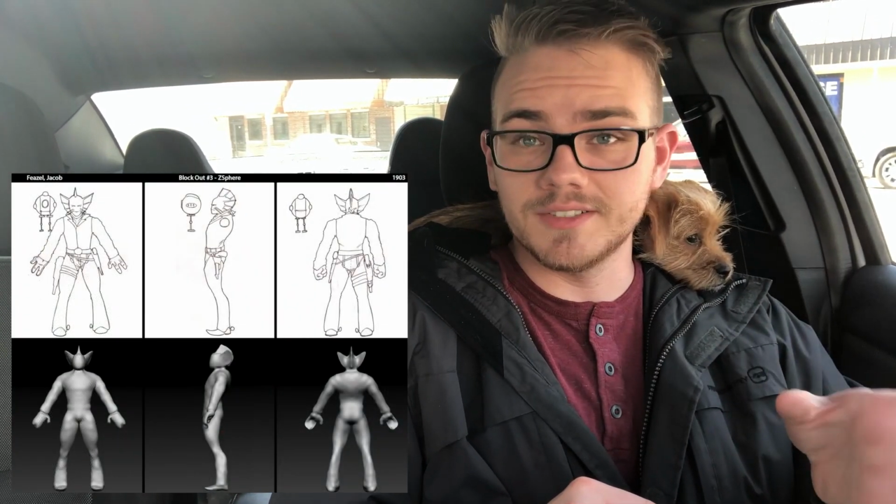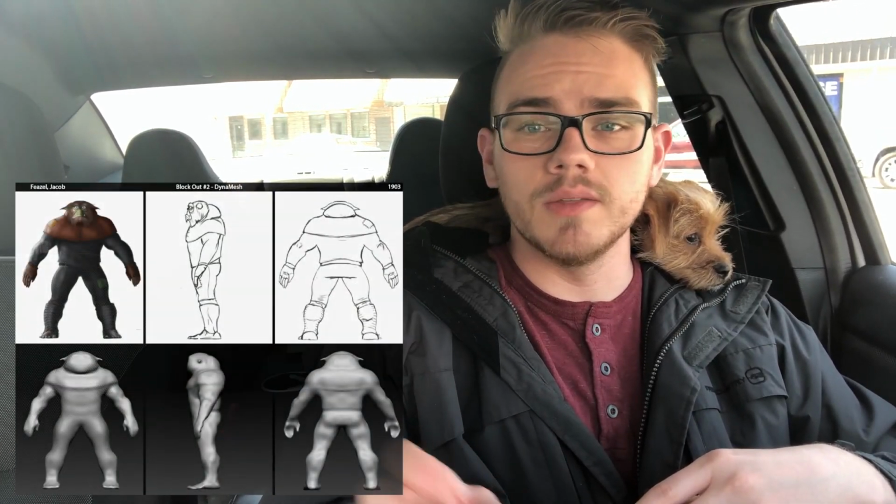But that brings us to the main assignment of week 1. That is the blockouts. You're doing 4 blockouts of 4 different characters. One has to be done in Maya, one has to be done in Z-Spheres, one has to be done in Dynamesh, and then one you get to choose whichever one is your favorite. And your favorite one you can combine. You can do Z-Spheres to start and then Dynamesh it, but the other ones, they have to be solely their